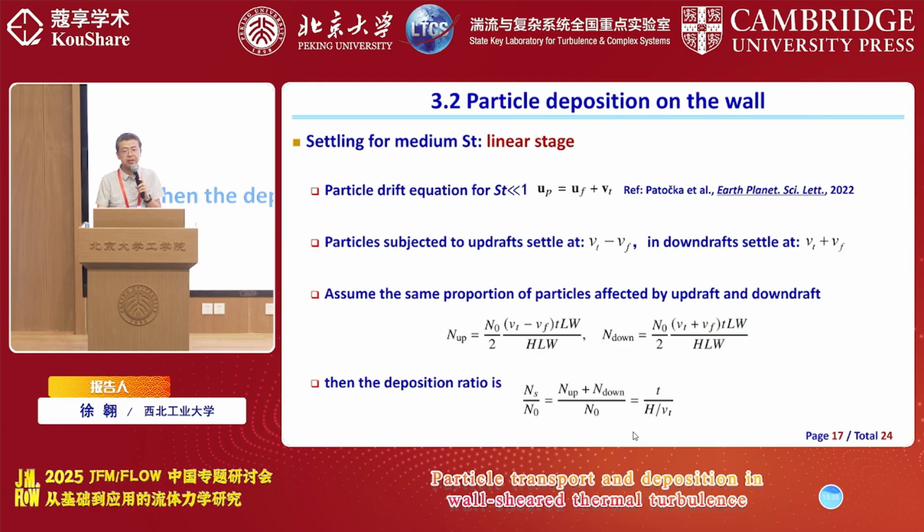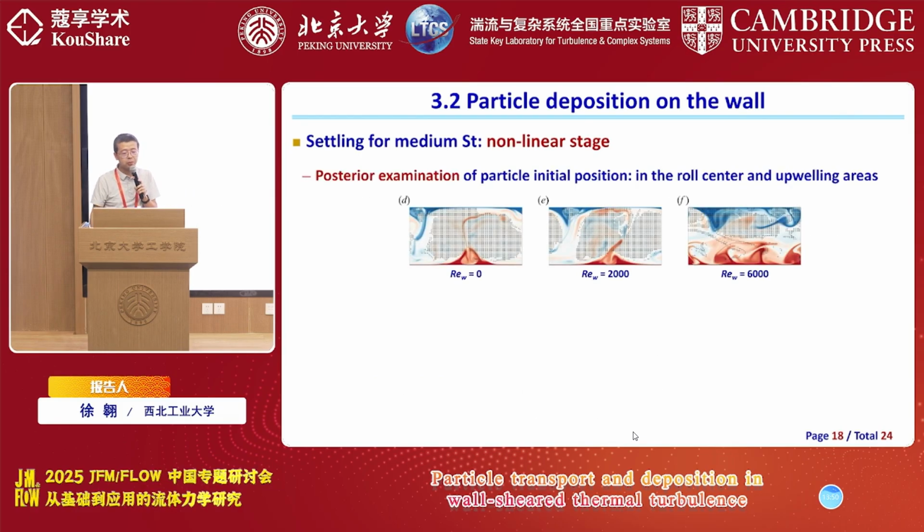Here, N0 is the initial particle number in the convection cell. We can see that the formula is indeed a linear function of time. That's why we call this the linear stage. And what happens in the nonlinear stage? Similarly, we can use our DNS results to do a post-run examination. For particles deposited in the nonlinear stage, here is their initial position, and they are mainly in the roll